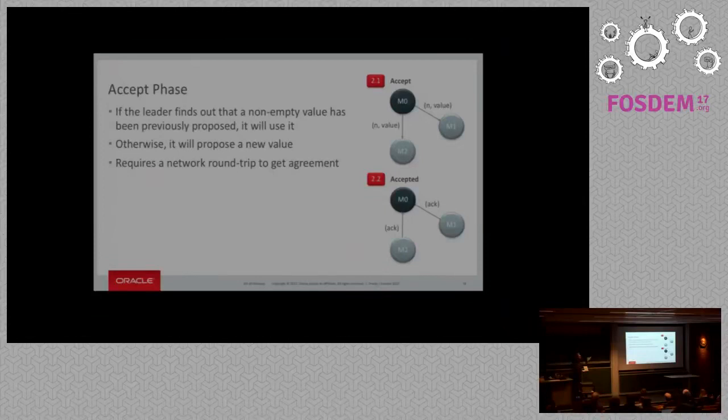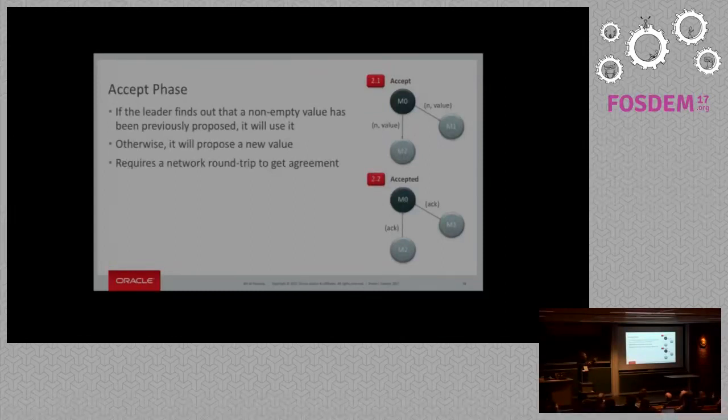So you only need the first phase to elect a leader. As long as there is a leader, you don't run the first phase. You always go to the second phase. And the second phase is the core of the protocol, the dissemination of the data of the transactions to